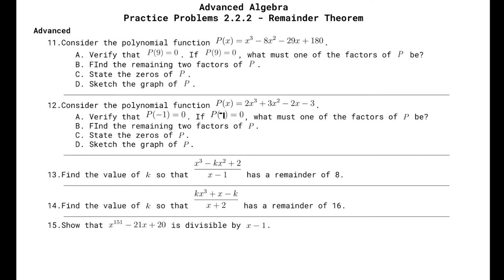All right, so this is going to be another video on remainder theorem. It's basically going to be 5 example problems, again, just to further cement this concept of what remainder theorem is all about. All right, so number 11, it says consider the polynomial function p of x right there, and it